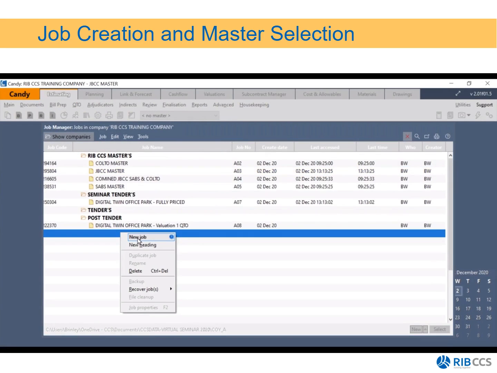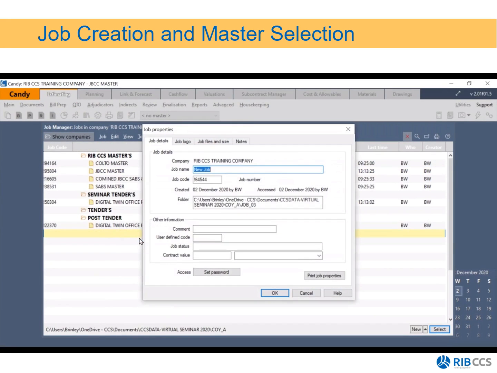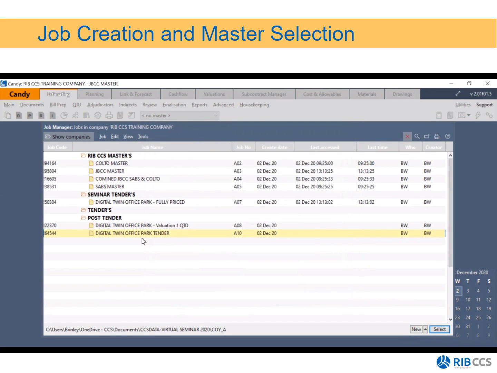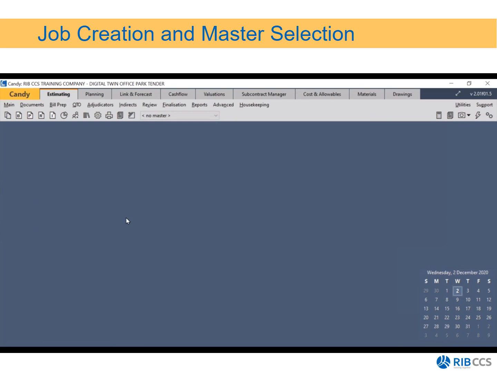So I'm going to be creating a new job, and it is called the Digital Twin Office Park Tender. I then need to move it under the correct heading, which is tenders. I will then go into the job,